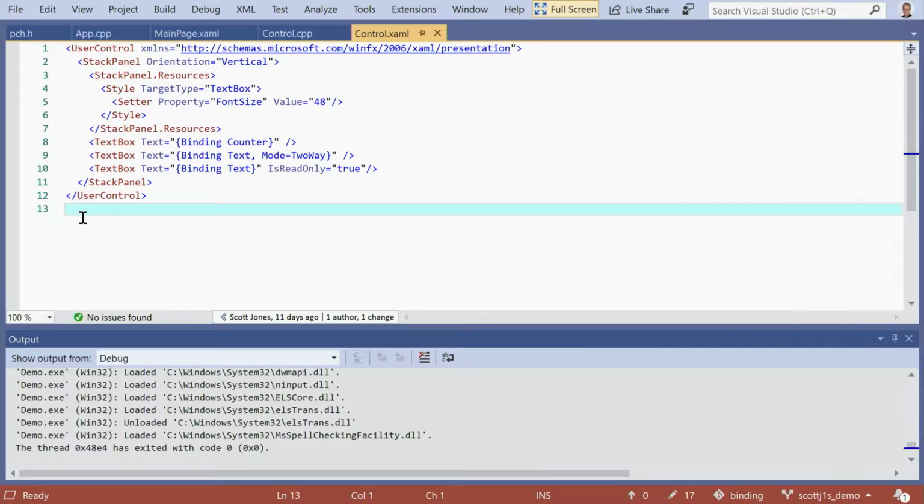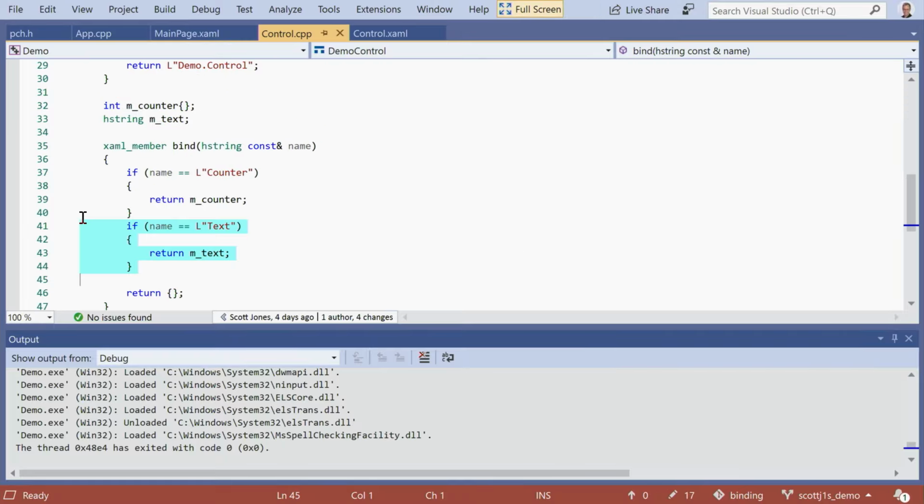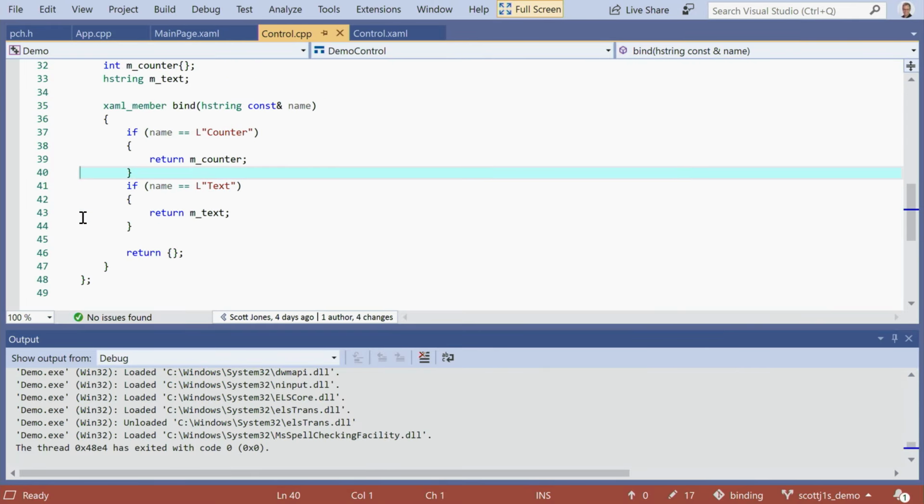A couple other points about that bind method that I wanted to just mention. The bind method that you see here is built into the type, right? It's just a template specialization. You can create this same specialized behavior for any type, any C++ type. It doesn't have to be something that's implementing some WinRT interface.